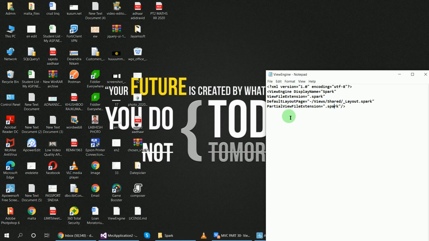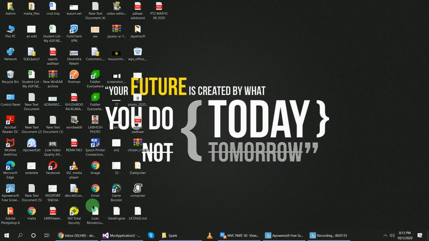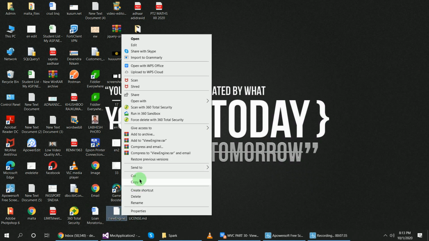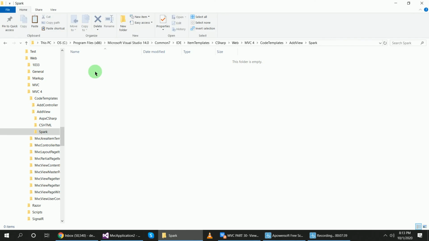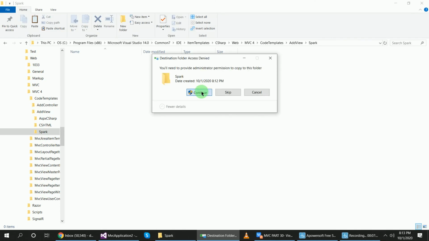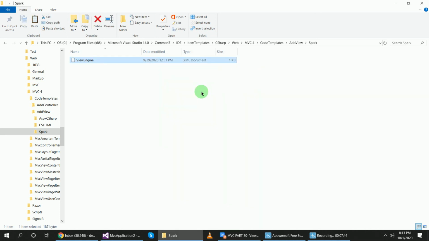And in the partial view file extension, the extension name will be given. Okay, let's copy this view engine XML file and paste it inside of this Spark folder. Okay, I am pasting it here.